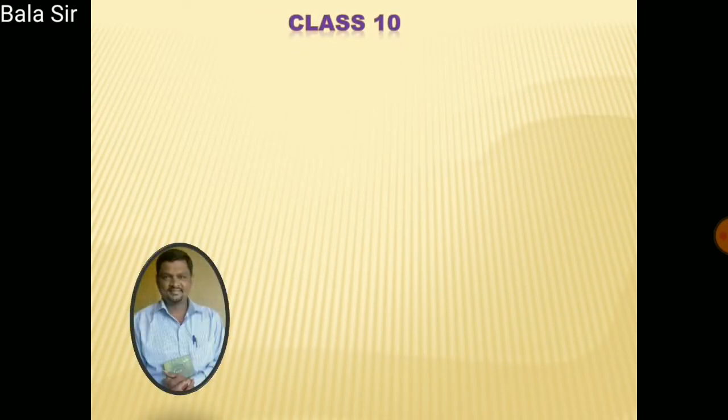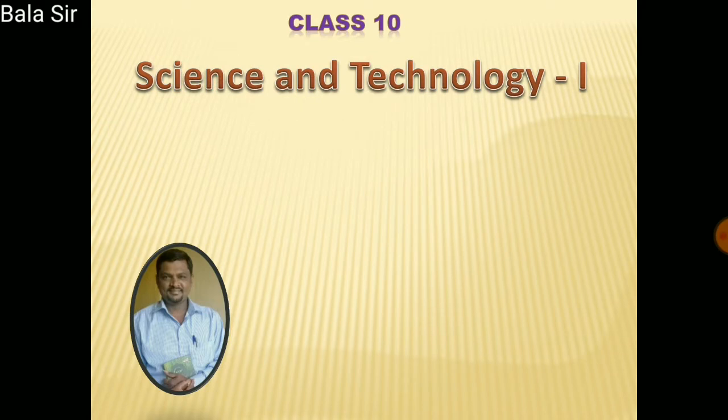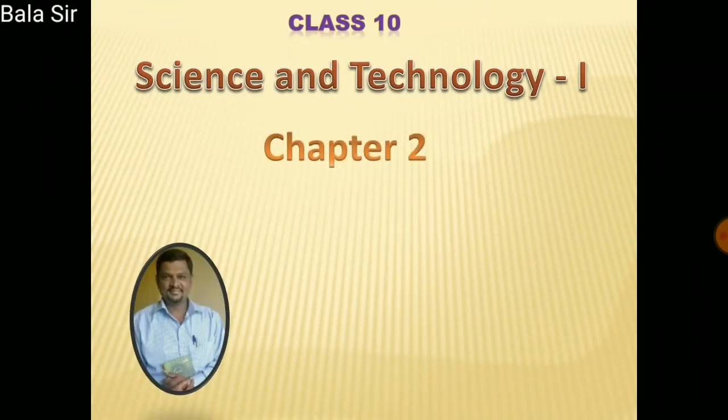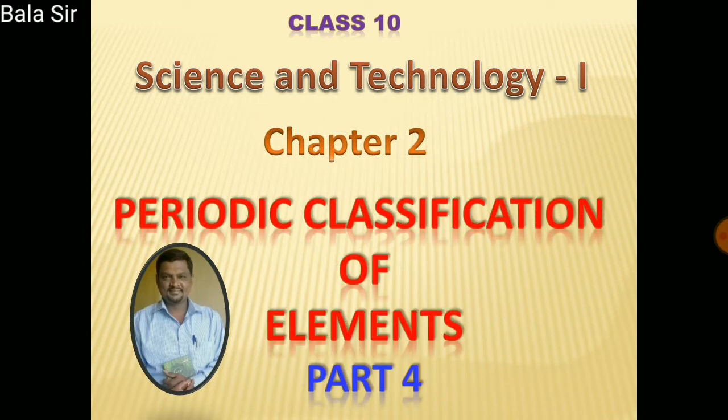This is for class 10th, chapter 2, Science and Technology, part 1, periodic classification of elements, part 4. In part 3, we learnt about the modern periodic table, and in part 4, we will be studying about the electronic